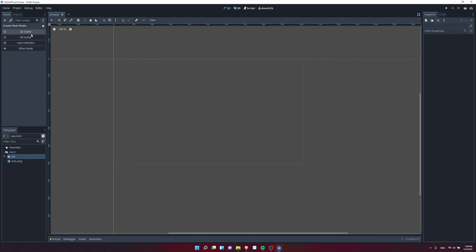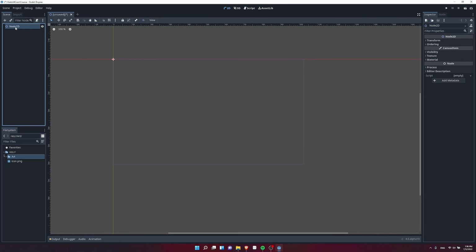So to create our first level, let's just click on 2D scene. We'll get a node 2D. So a standard node 2D is kind of the basis of any other 2D node that you can add in your project. And every 2D node is going to have these features you can see over here in the inspector,